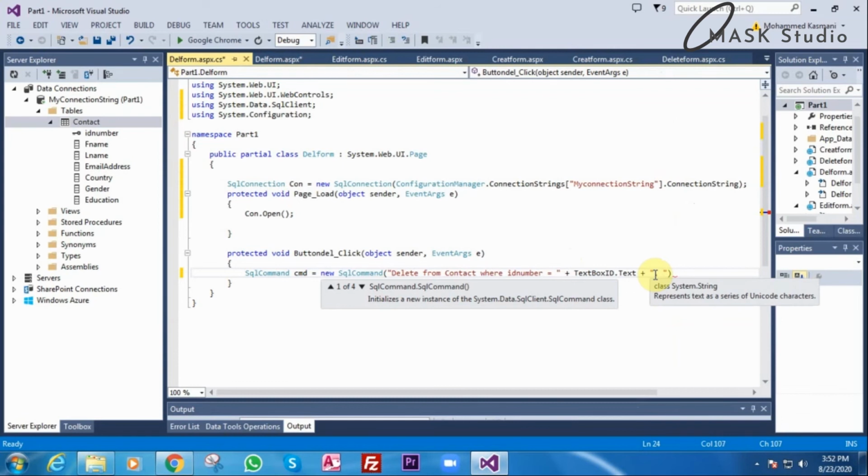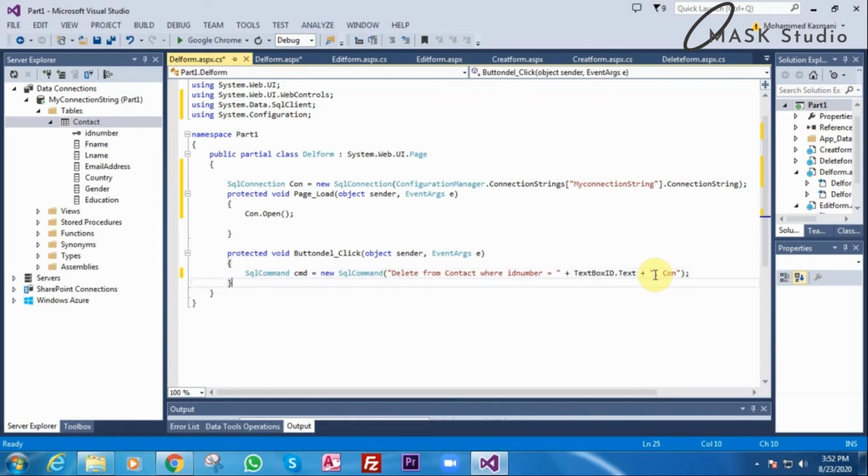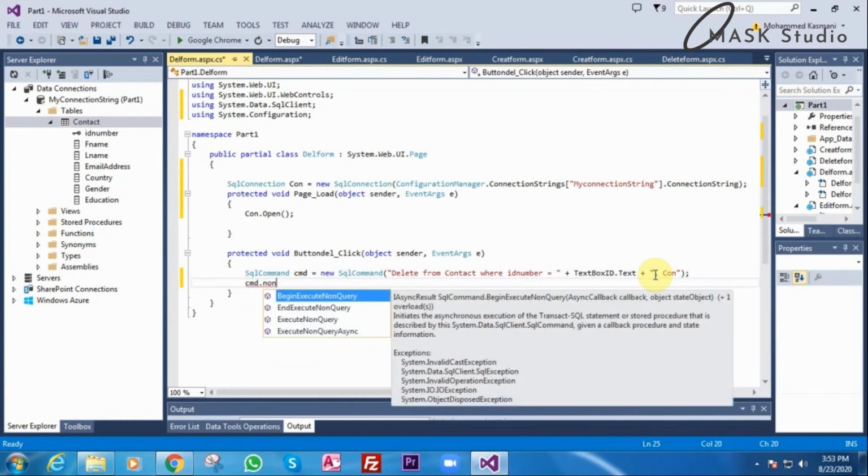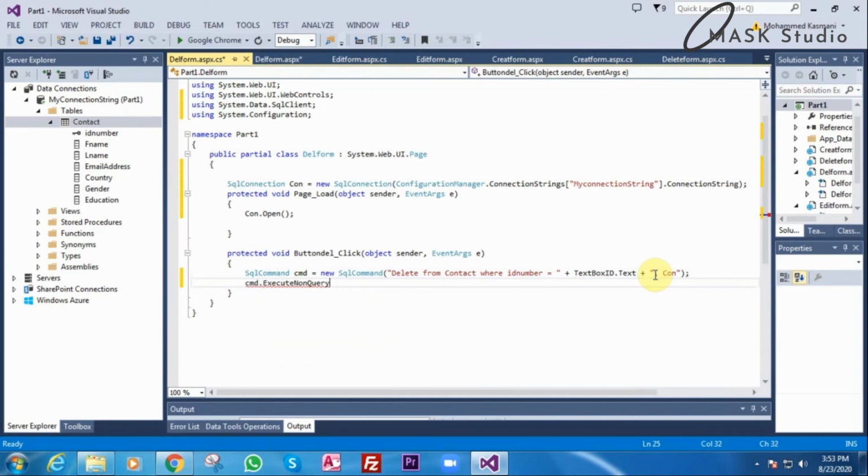So comma con. After this, cmd.ExecuteNonQuery.